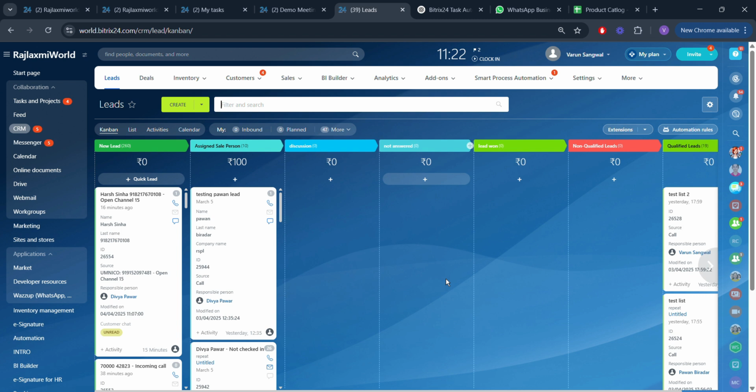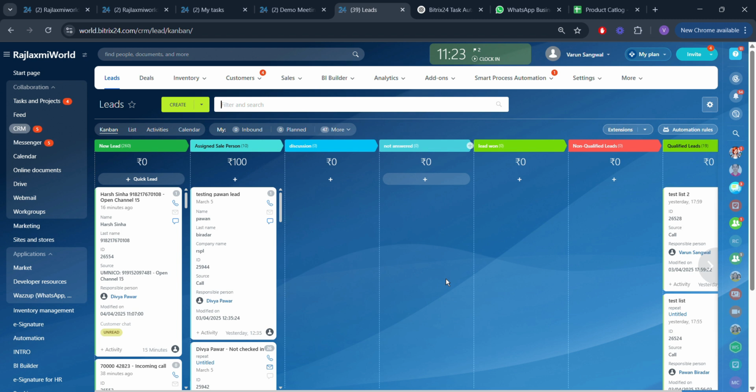So what is basically a lead? Lead is raw data. It can be of two types. It can be the new lead or the repeated lead. New lead is the first contact from a potential client. Repeated lead comes from a customer who is already in the CRM, and it can be the qualified and the